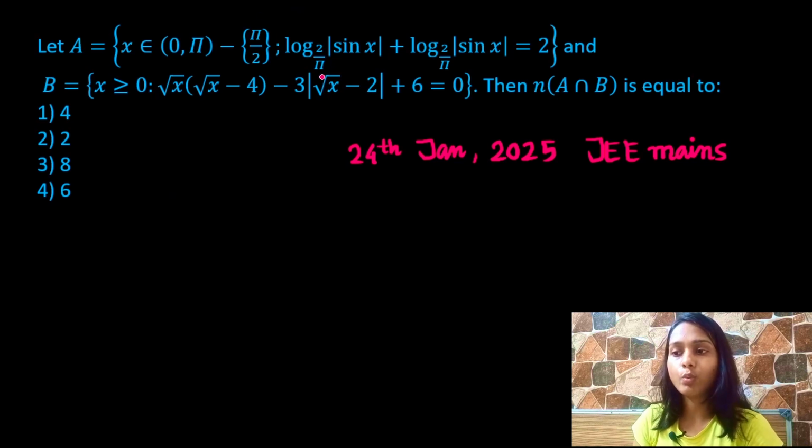We have one expression from the trigonometric functions and one expression from the algebraic functions, and we need to find out the value of n of A intersection B, which is the number of points in the A intersection B, where A and B are these two sets satisfying some equations. So let me write down the, okay, so here we have